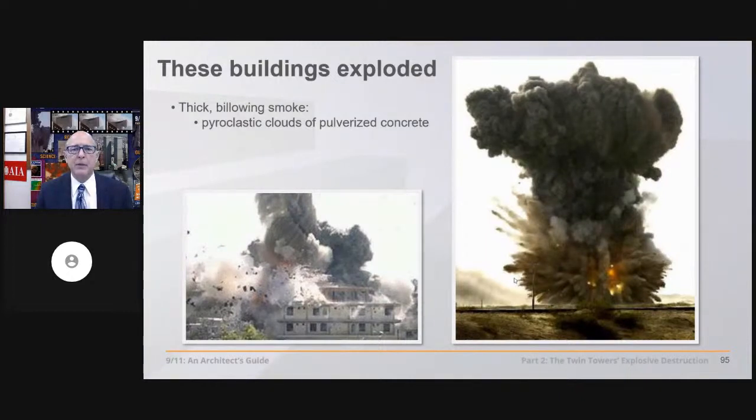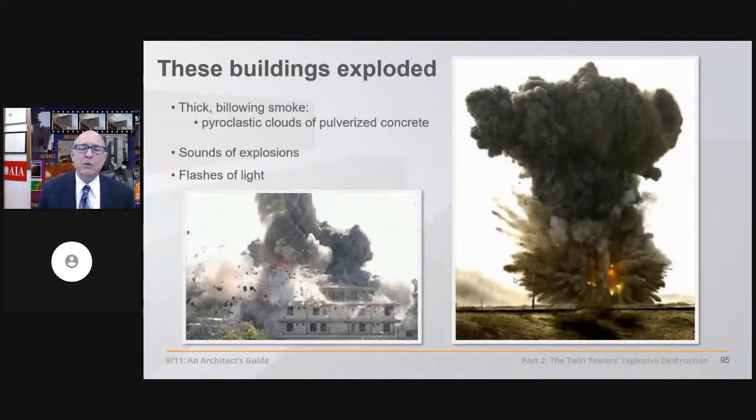This is typical of explosions. And so we have witnesses that hear those explosions. They see those flashes of light. If we have these features, we know we have explosions.